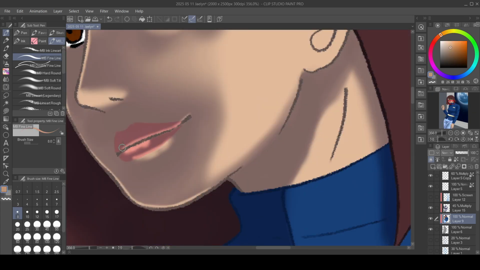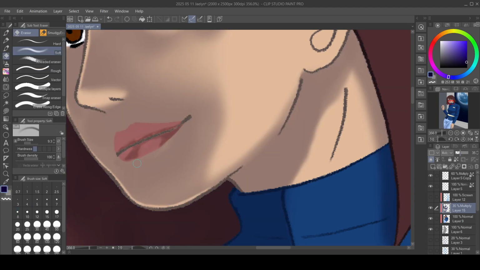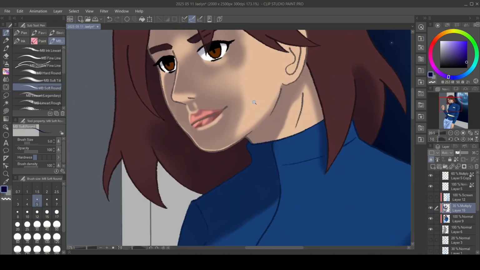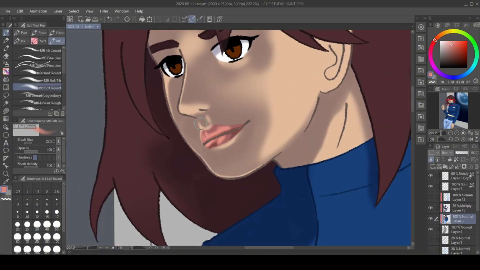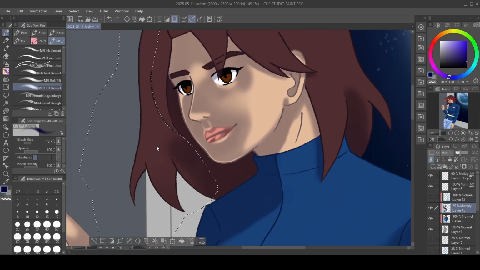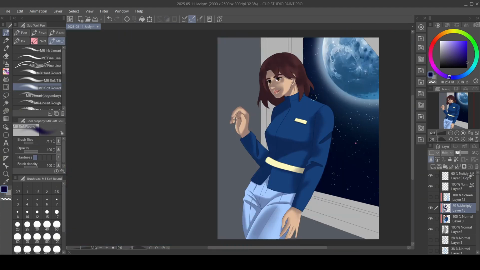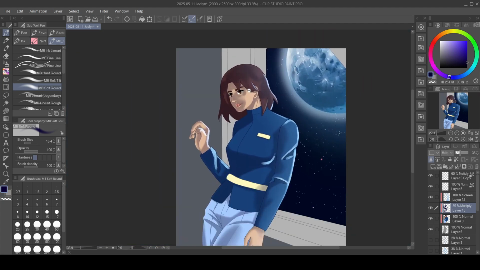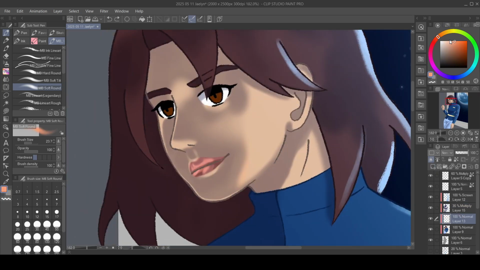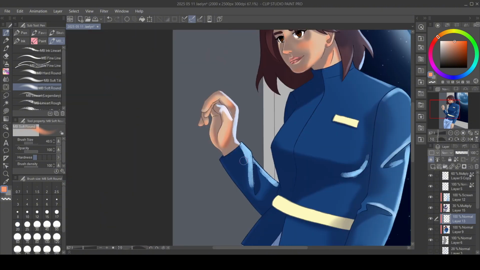If you look at all my art from before, my sketchbook tours and stuff, I recently uploaded a sketchbook tour, by the way. But you'll notice that unless I'm doing a realism drawing, I don't add in lips because I just don't like how it looks in my art style. I think she really needed the lips because of the kind of shading that I was doing. If I was doing simple cell shading,